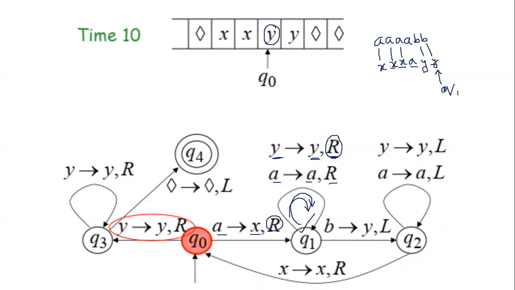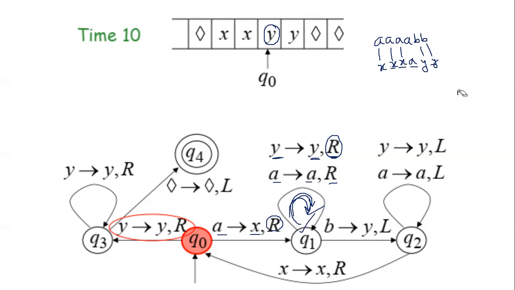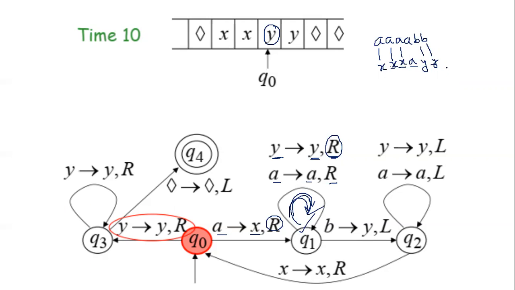Right. But still I have not been able to find a B. I have got the first Y. That's why I have changed over here. And I will now encounter a second Y. So in the same way, I will have a self loop again. So Y to Y. Now your Q1 is pointing somewhere over here.